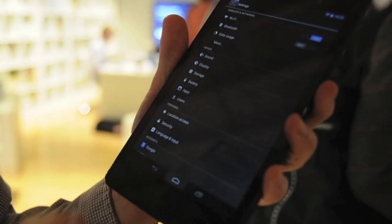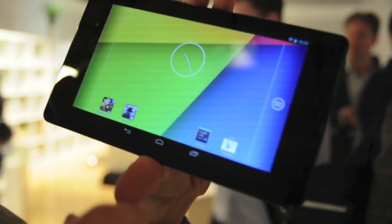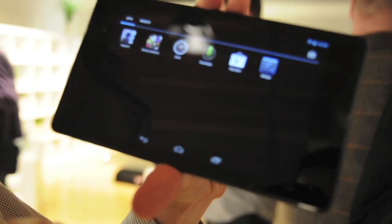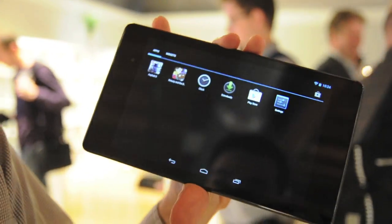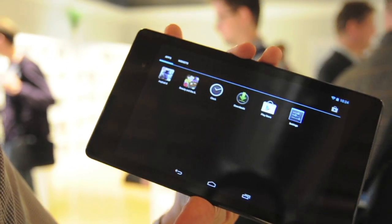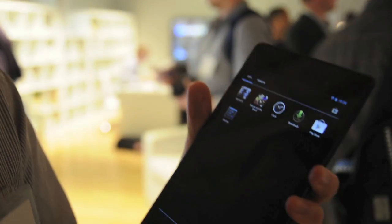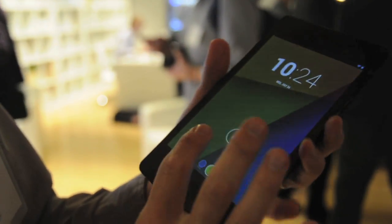If I enter this space, you can see this user only has 2 games. If I go to the list of all applications, they only have a couple of things that I've selected for them. With restricted profiles, not only can you create a space for a separate user, you can control what apps they can access in that space. And then we created a framework that allows you to configure the settings of the apps within that space as the master user. So if I go back into the primary...